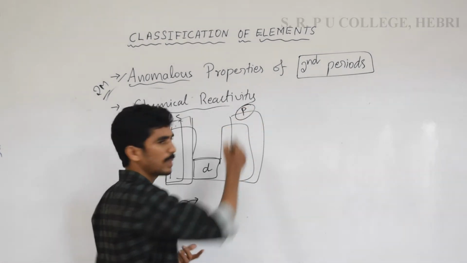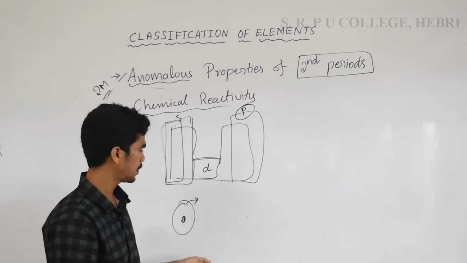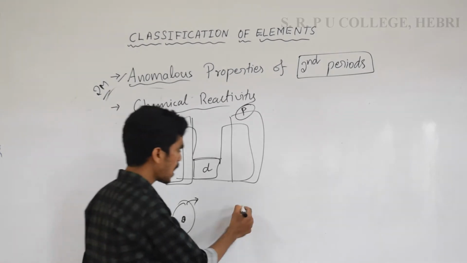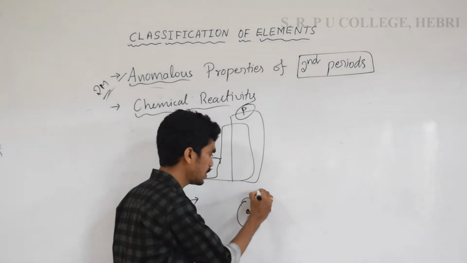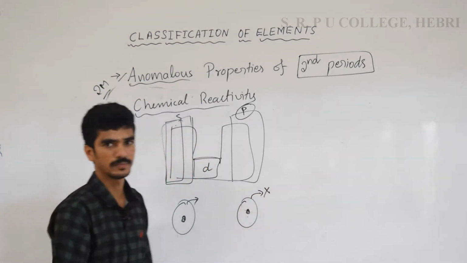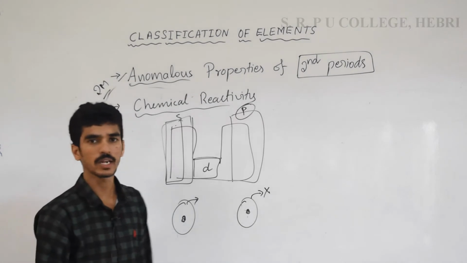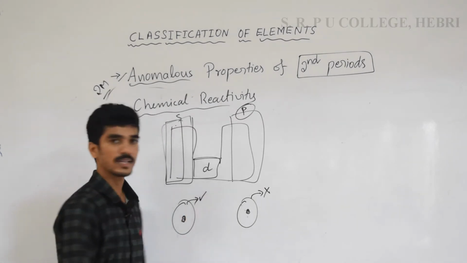Go for the P block elements. What about the nature of P block elements? They have the highest ionization enthalpy. That means removal of an electron is prohibited here, while here an electron should be accepted.